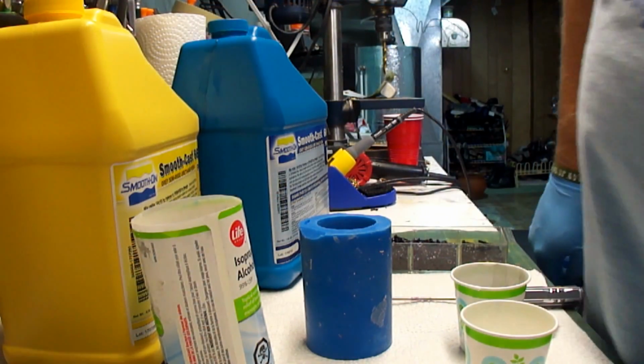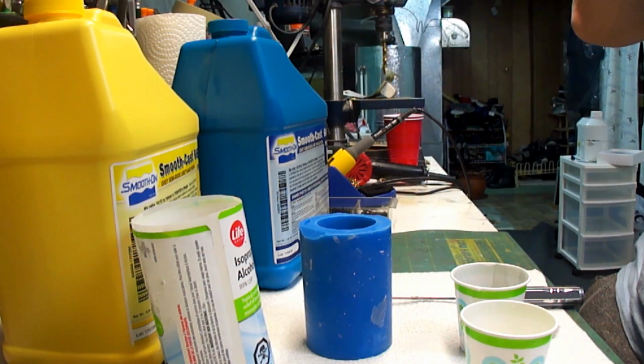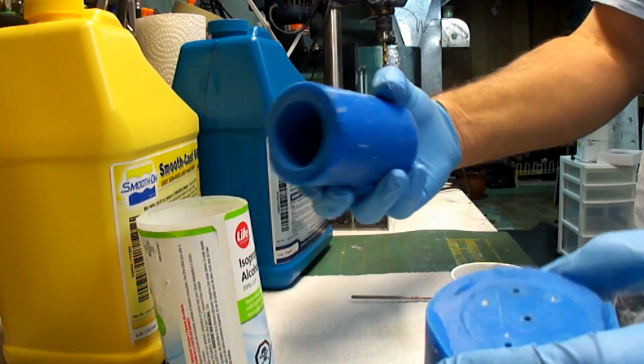Hello everybody. This morning I thought I'd take a few minutes to go and cast a plastic landing leg for my military drone clone project. So I've got a two-part mat, or mold I should say,